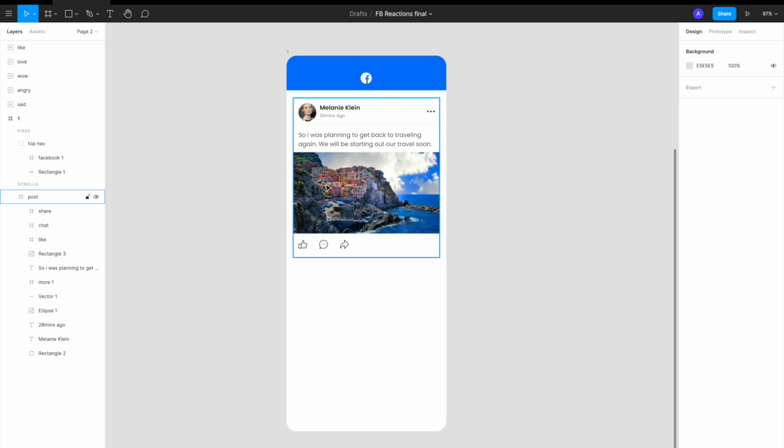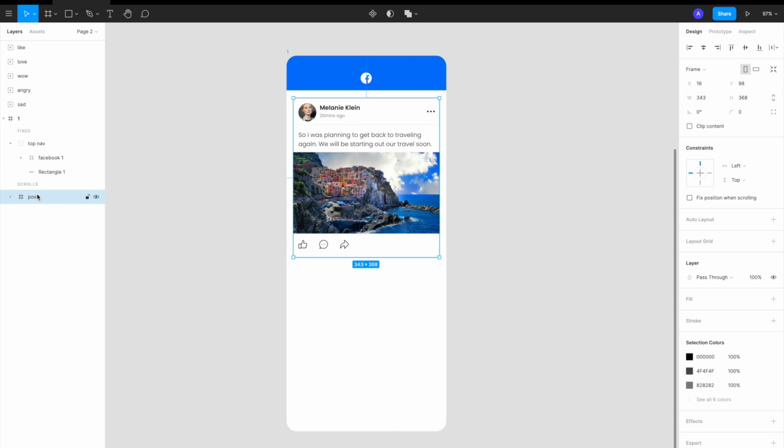For example, I'm taking an image here, but it could also be a video, and then the icons like, comment and share. So we are going to animate this like portion, and I have compiled all of this in one group, and I'm calling it a post.